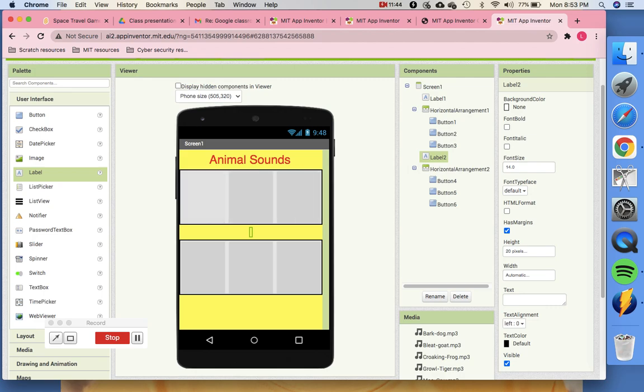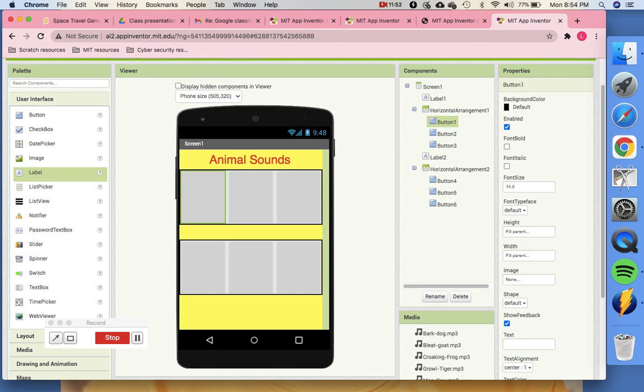Now I'm going to put the pictures for these buttons which I have created. First I'm going to come to Button 1. Now I have to choose a picture. So in Button 1, you come to the image property. Always remember, an image file means it will be JPG or PNG. MP3 is a sound file, so you should not select that. You have to select the image file.